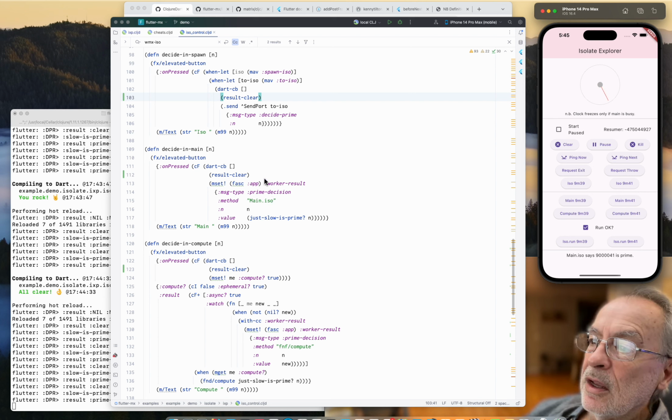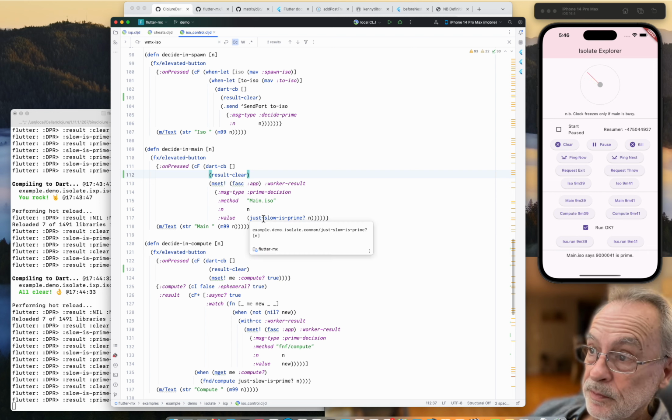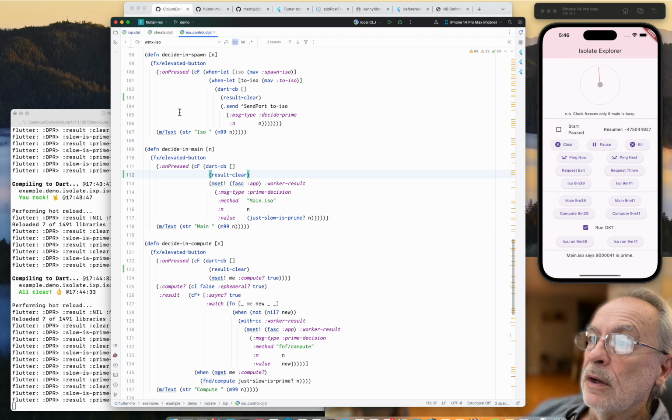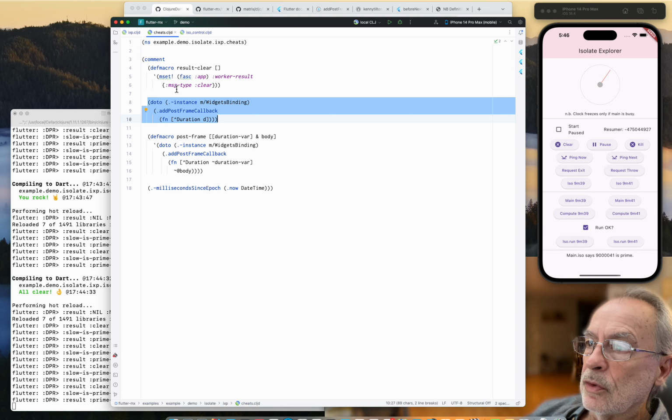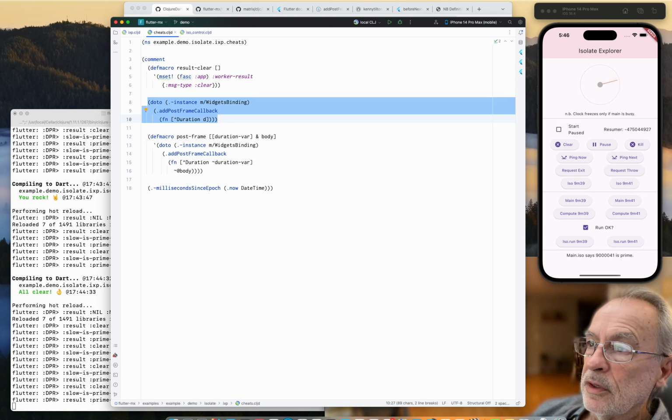In this case, this command here, macro, will kick off whatever it takes to get the guy to clear his message, and then immediately dives into running the computation, which takes a couple of seconds. And apparently the event loop never gets to fire. Well, so I went and Googled frames and dispatches and all sorts of things in Flutter,